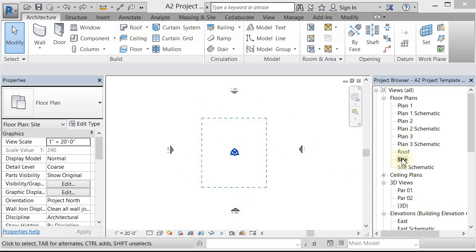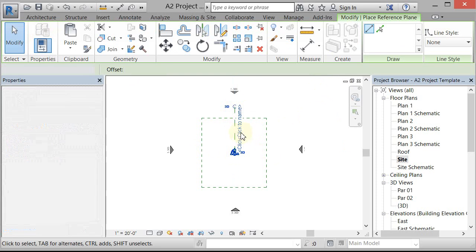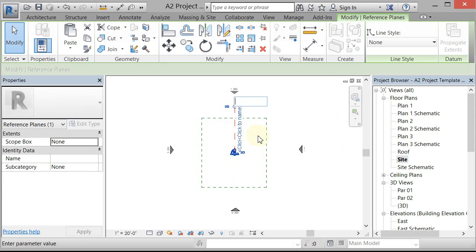And so the way that I typically do that is I go to my site, and I'm going to put in a center reference plane and a horizontal reference plane that go through 0, 0, 0 here in Revit. So I'm going to go to reference plane, and I'll just draw a reference plane vertically here, and I'm just going to go to modify, and I'll pick it and click it, and I'm going to call this one NS for north south,